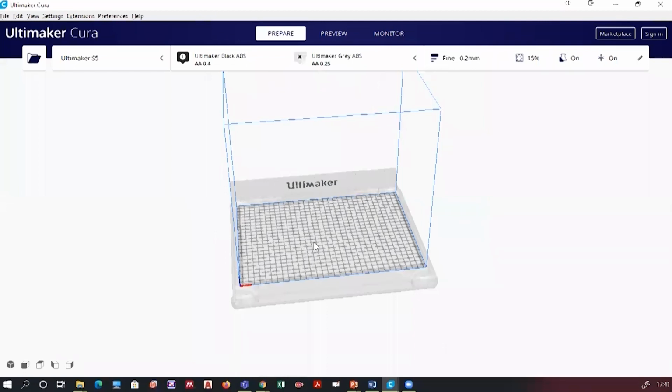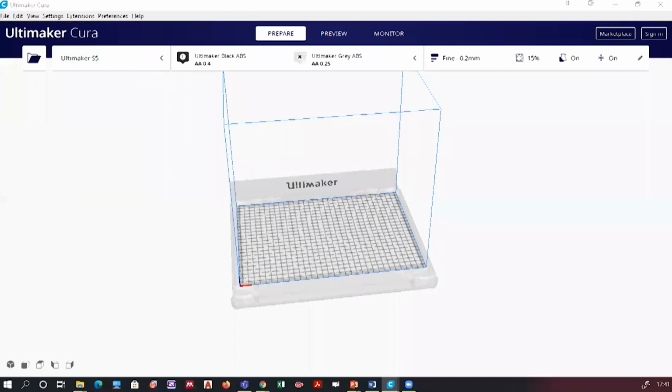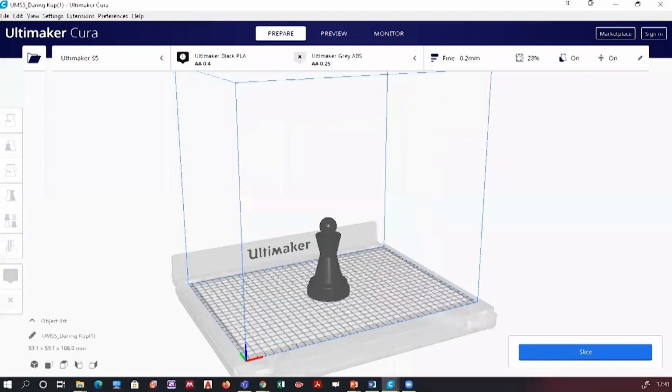Now I have to import my created file. I will go to File and open my projects, whatever files I've saved. Remember that your files should be saved in STL form.